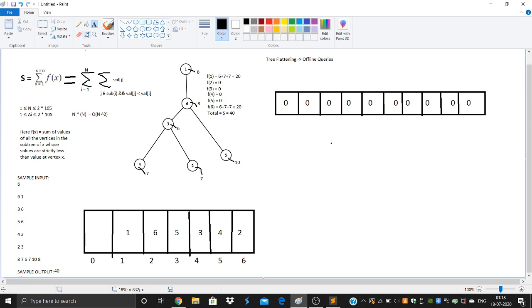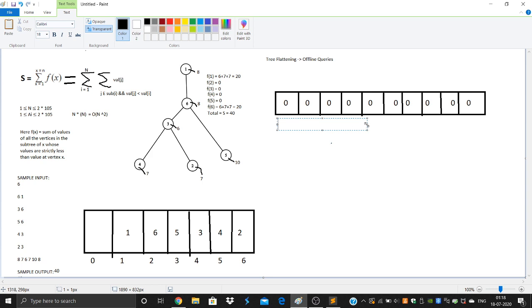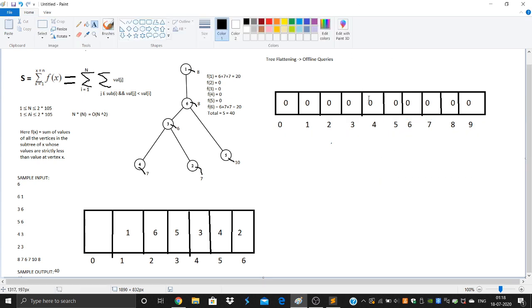Initially it's all 0, and let me write the indices as well. This is 0 based, 1, 2, 3, 4, 5, 6, 7. Actually, we won't need that many indexes. We will never access those higher indices. Okay, whatever.